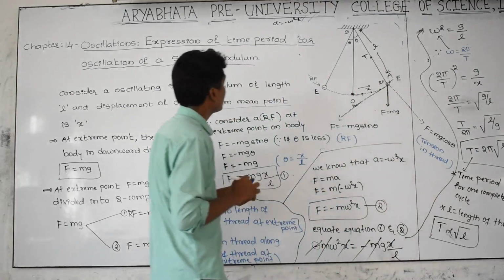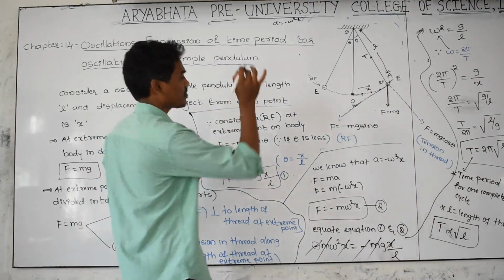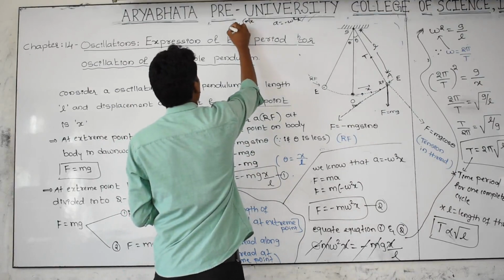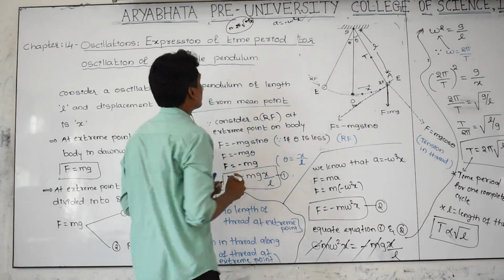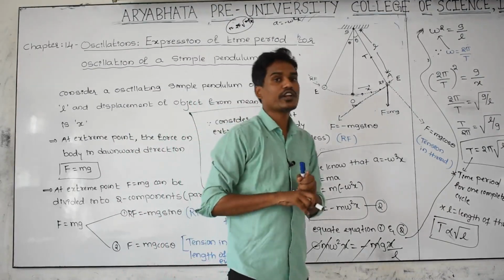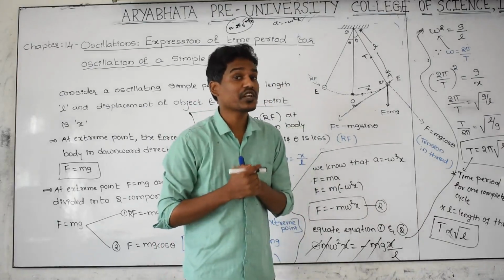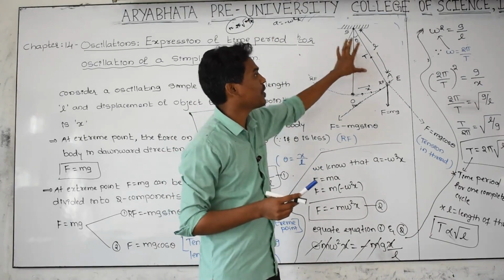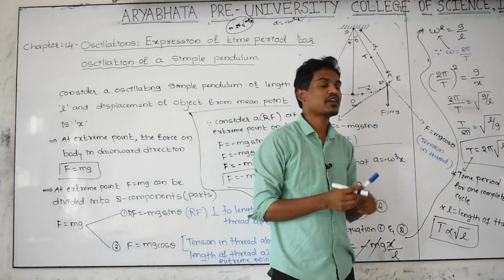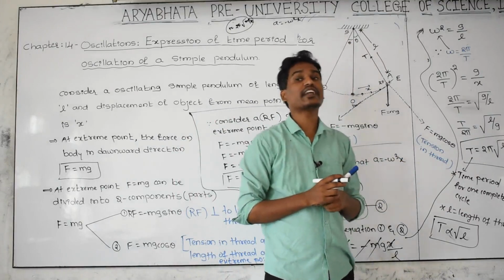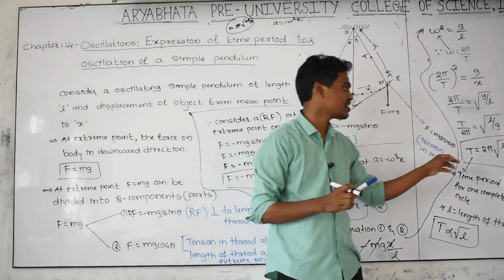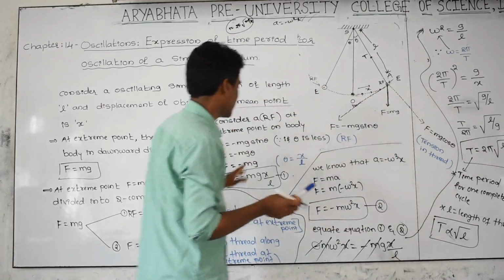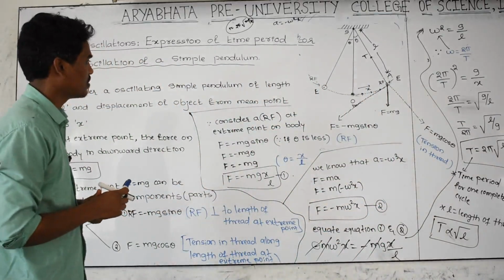But already in the last class I have derived for spring: T is equal to 2 pi root of m by k. If there is a spring, the time taken by the body to complete 1 cycle in case of spring system is T equal to 2 pi root of m by k. But for simple pendulum system the time taken by the body to complete 1 cycle can be found by using a theoretical formula as T equal to 2 pi root of L by g. And this is the derivation, very important for your examination every year.